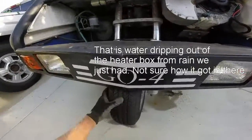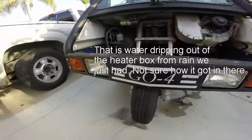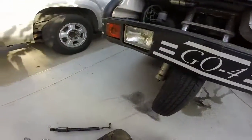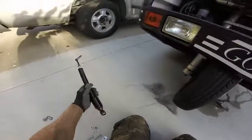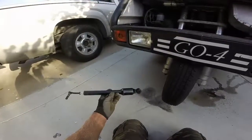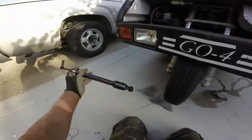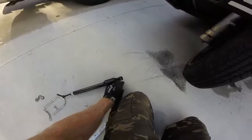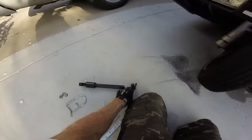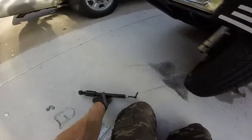These things, not too bad, but it is noticeable once you get up to 40. It seems a little hairy, but I was able to score this VW steering damper on Craigslist for $10. I'd like to have had one with the two openings like this, but I'm not going to complain. I'm able to make it work. I think it'd definitely be better to have this on this end, but it